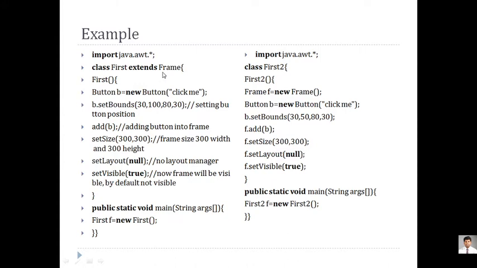Inheritance is required whenever you are inheriting; there is no need to create an object of this frame, no need to use that f dot here. But when you go for association, it is most important that you create the frame object first, and whichever component you want to set. So if you want to set a boundary, add an element, set the size of that frame, set a layout of the frame, or set it visible, all you have to do on your frame. Here there is no need, you have not done anything. So these are the two things you have to keep in mind whenever you go for the program of AWT.